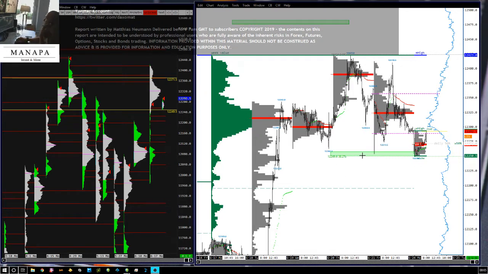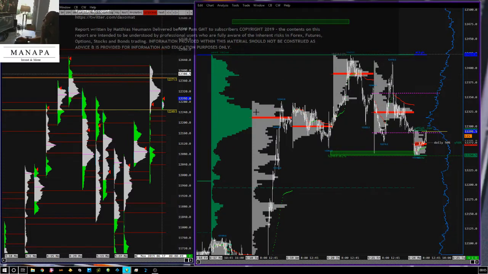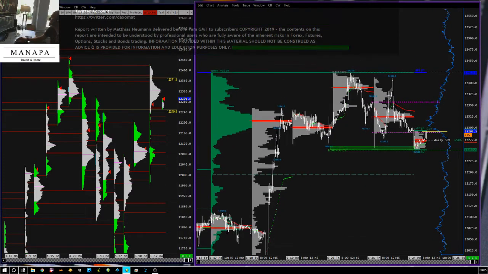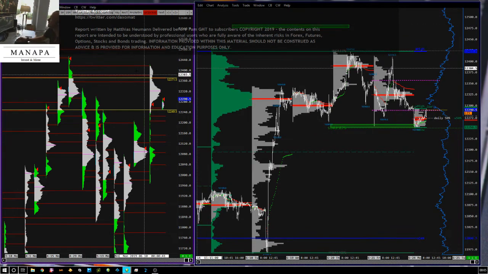You can see here the 50-minute chart on the right side. Let me change the color. It's just for the printing. So on the right side you can see the 50-minute chart for the week. Here's the weekly profile. We start with the weekly profile and take a look at,